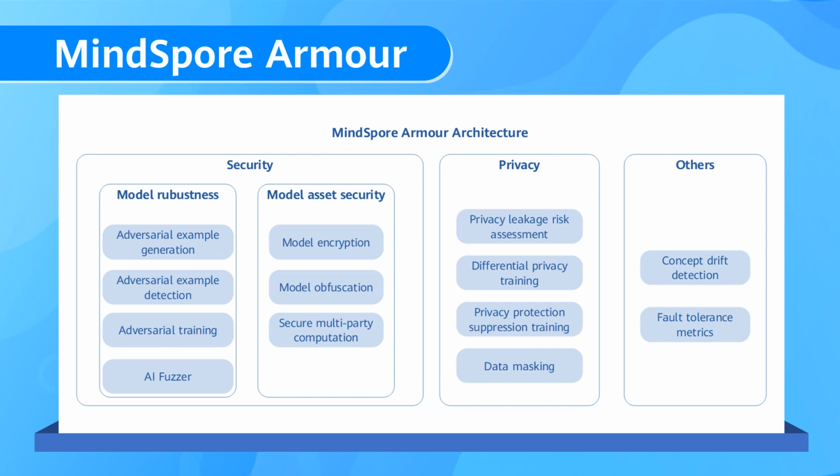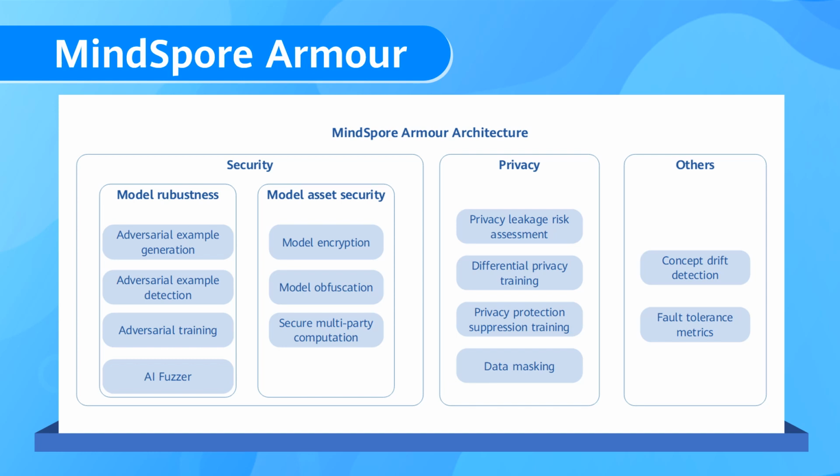Excellent! Now, regarding model asset security, how does MindSpore safeguard the key assets of models during transmission, deployment, and runtime to prevent theft? The structure and weights of AI models are the key assets. MindSpore Armor addresses this concern by offering model file protection through encryption and lightweight model safeguarding while structural parameter obfuscation. In federated learning scenarios, it also ensures secure multi-party computation with lossless precision to thwart attempts at model theft.